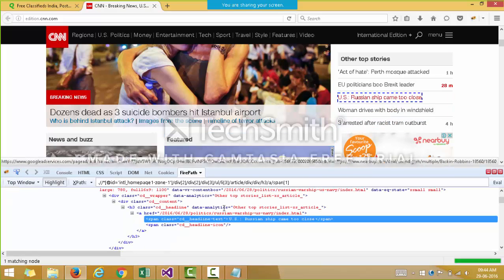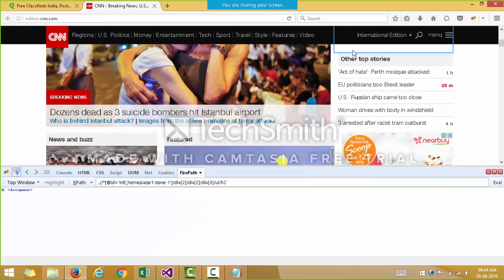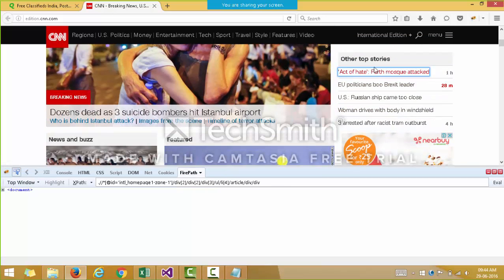Although over here we can find a common property, that is the class property, which is the same for all the links, sometimes this situation might come, like I told you before, that you do not find any common property. So over there, how will you manage, right? Suppose the class is not the same, then what we will do, like I told you, is extract the outer box containing these links, right?